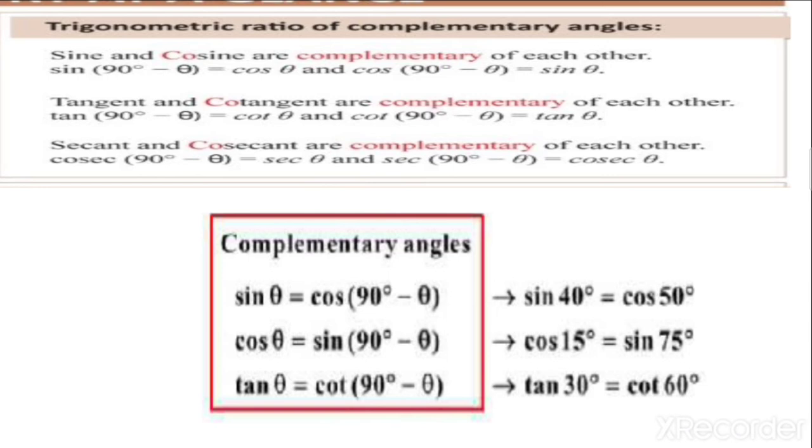Suppose if I give you cos 15, now cos and sine both are complementary, so I can write instead of that sine 90 minus 15, that is equals to sine 75. As simple as that. You just have to remember the three complementary angles, and if one is known, the other will be the 90 minus of that, because complementary means the sum is equals to 90. Understood? So in this way you can frame out all the formulas. So sine and cos, then similarly you can have for tan and cot, and similarly for sec and cosec. Understood? Any problem?